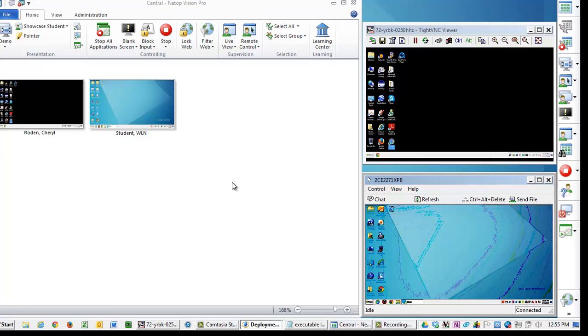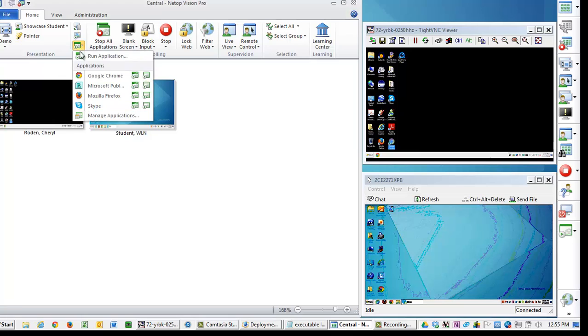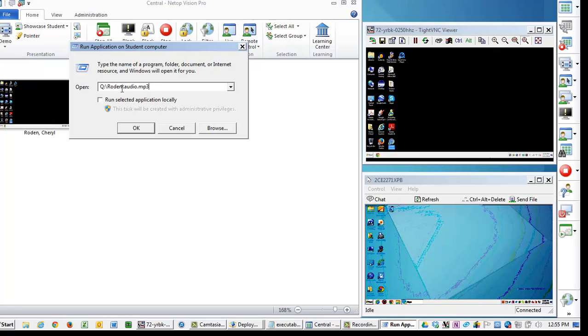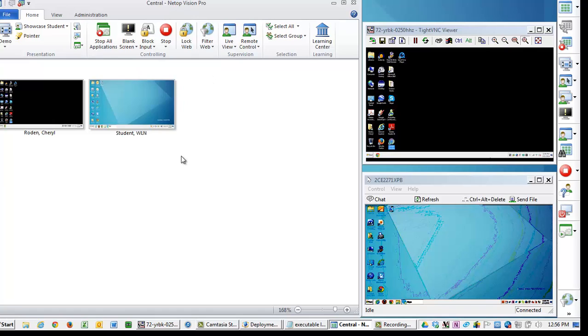Another element I can do, which is really beneficial, is I can force all the students to the same file. Because this is on a shared network drive, you want to make sure you have the same drive letter, that all the students see the drive as the same drive letter. And because it's on a shared network drive, this will run closer to simultaneously than a web file will run. This is a definite bonus in a language lab when you want to make sure everyone's listening to the same